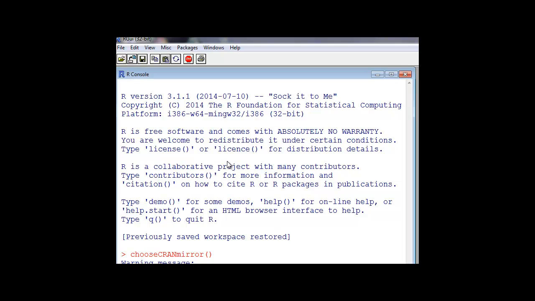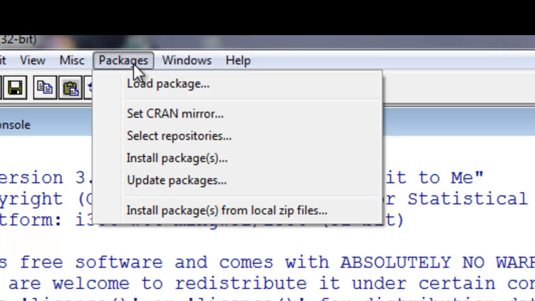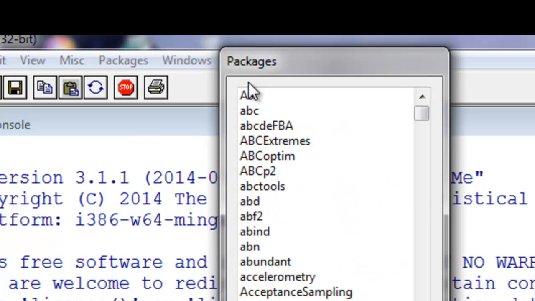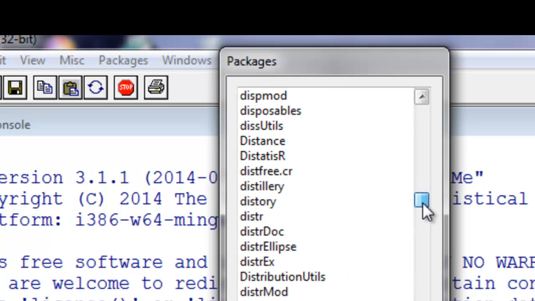Now, once you have set the CRAN mirror, go to Packages and select Install packages. A list of packages will be displayed. From this you have to select any package and install it.